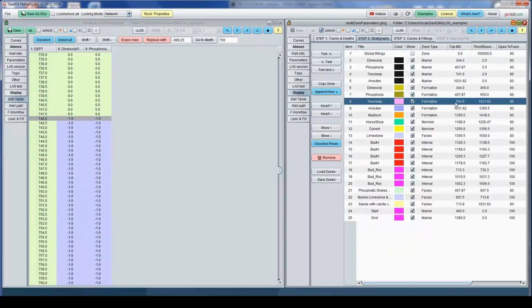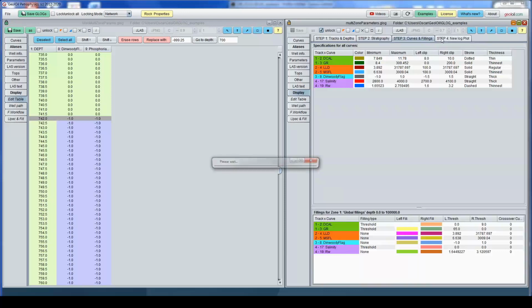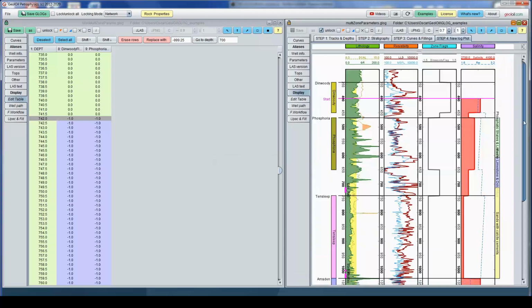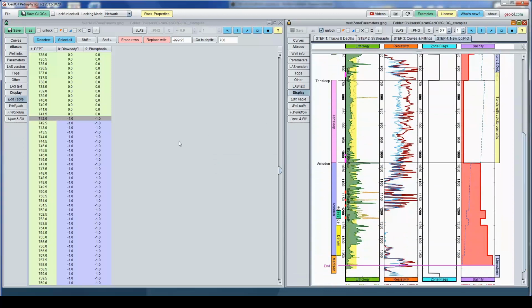It's Tensleep. Okay, start here. Close to 742. Then it's Tensleep. That is Tensleep, but we are processing Phosphoria, so Joloi has the knowledge that this is not Phosphoria nor Dinwoody.